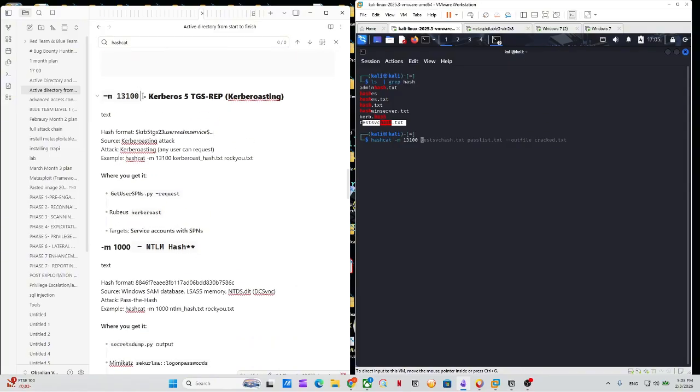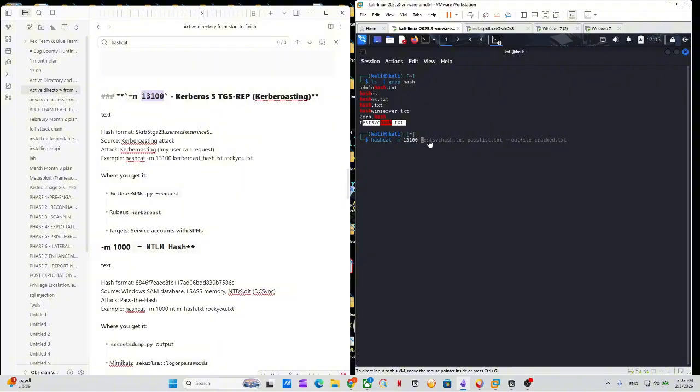So we have to add this number, 13100, with hashcat. If we are trying to crack an NTLM hash, the same as a hash that we receive from some database or from dumping the users, we can just use M1000. But since we are using this to crack the service ticket TGS we received from the TGS reply, we have to use this number